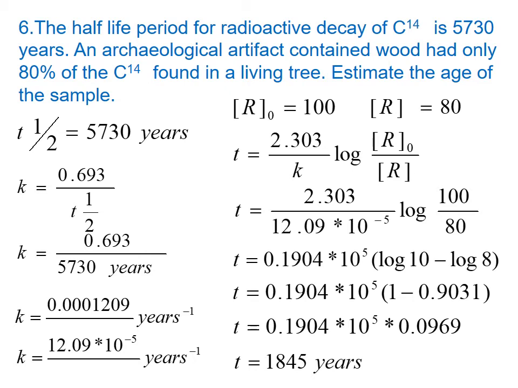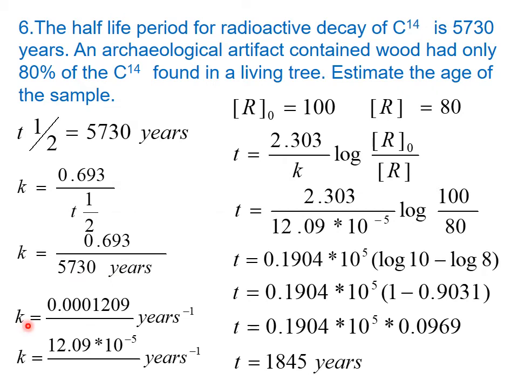Then first we can find the rate constant of this reaction from the T half, and the reaction is first order. Why first order? Because all radioactive decay, I repeat, all radioactive decay belongs to first order reactions. The order is not mentioned in the question, but it's very clear radioactive decay is first order. So for a first order reaction, how can we find the rate constant from T half? From which equation? Yes, k equal to 0.693 divided by T half.